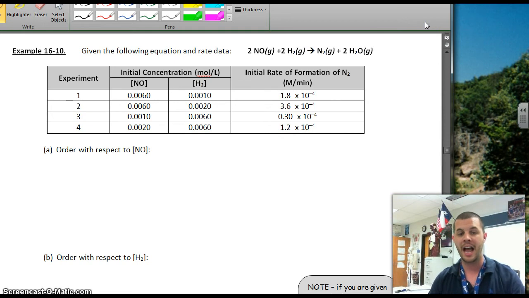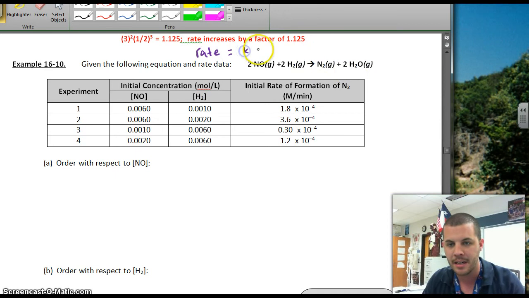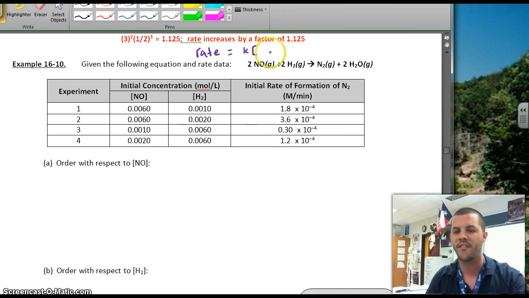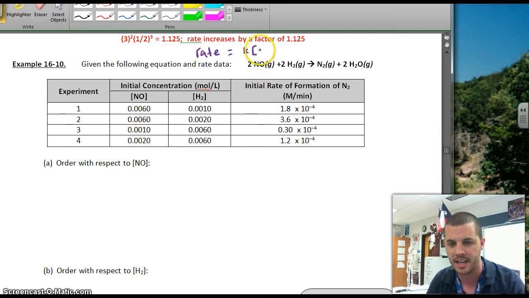As promised, in this video we are going to do a rate law problem. Before we get into it, we need to remember our formula: the rate of formation of our products equals K times the concentration of one of our reactants. Last time we said the reactant was A. This time we have actual reactants: NO, to the X power, times the concentration of our other reactant, H2,